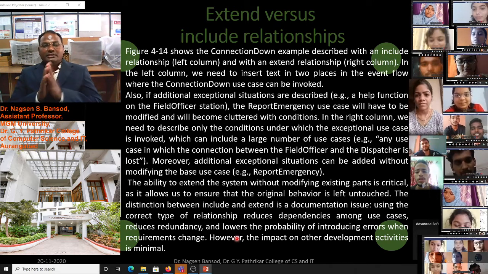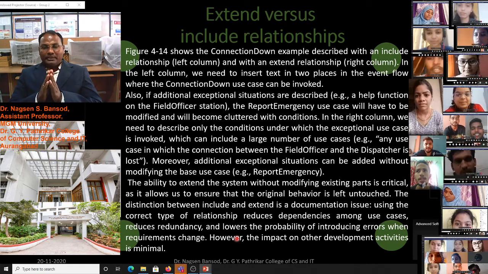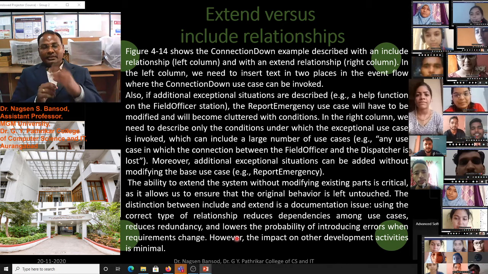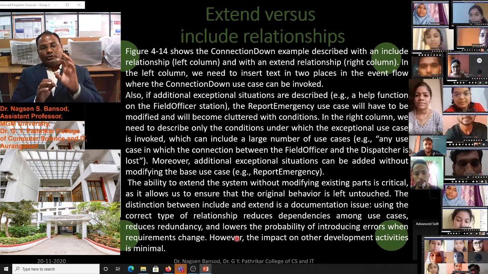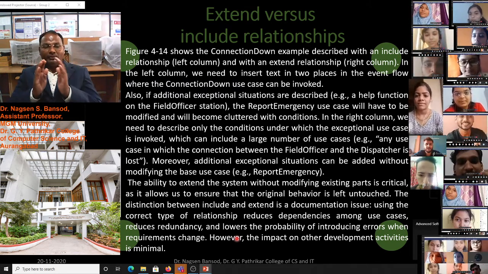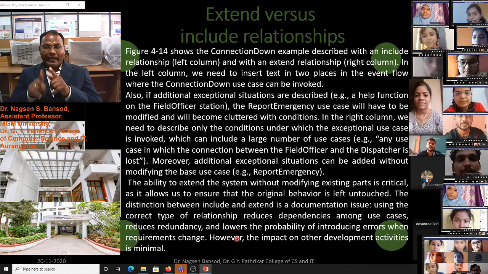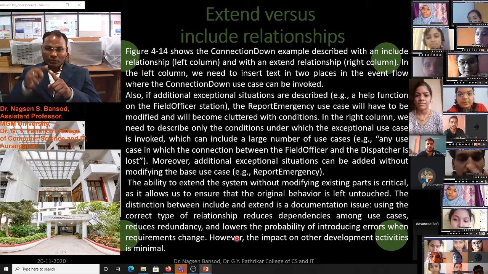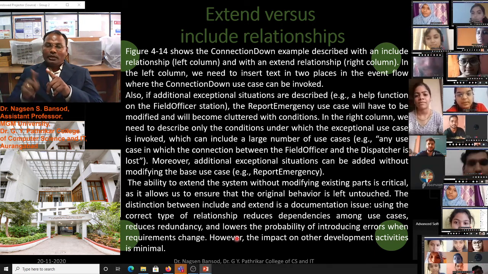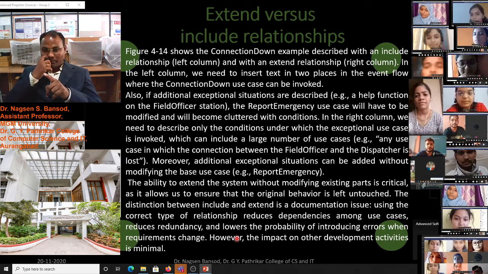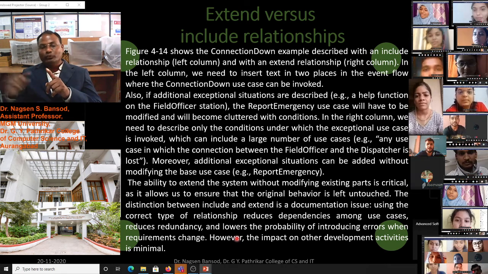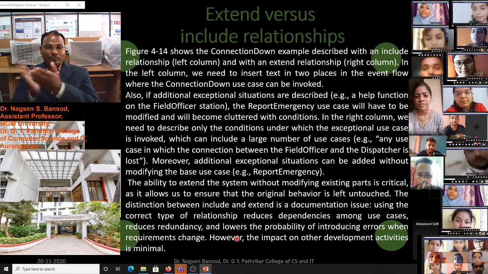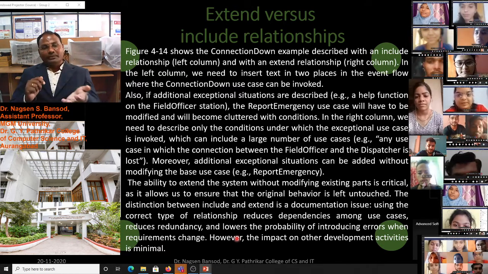The main difference between the extend use case and the include use case is that in an extend use case we should not touch our main base use case, and we have to provide options to the user to invoke, to send the information. Like, suppose we want to transfer data from my computer to another person.